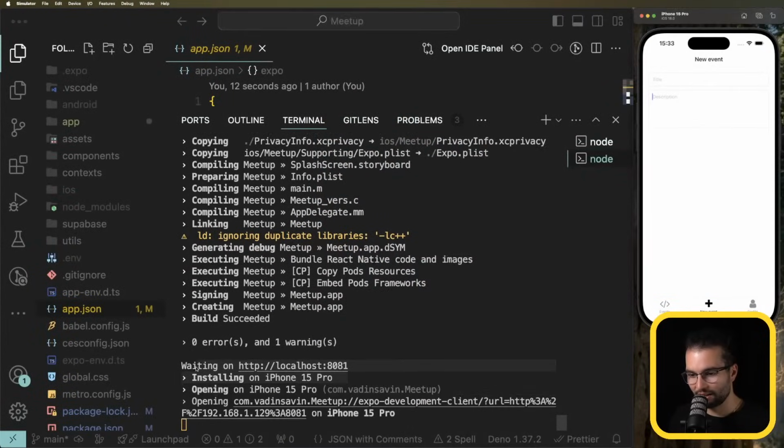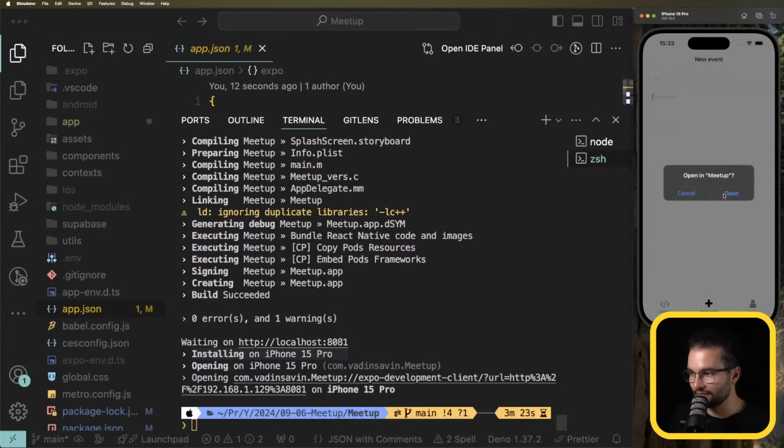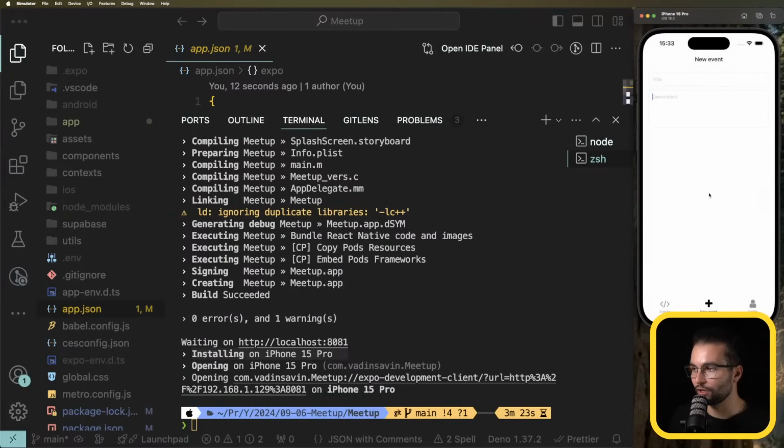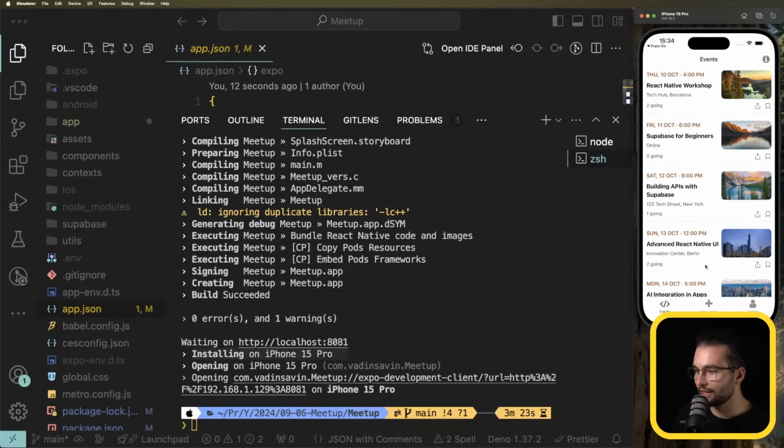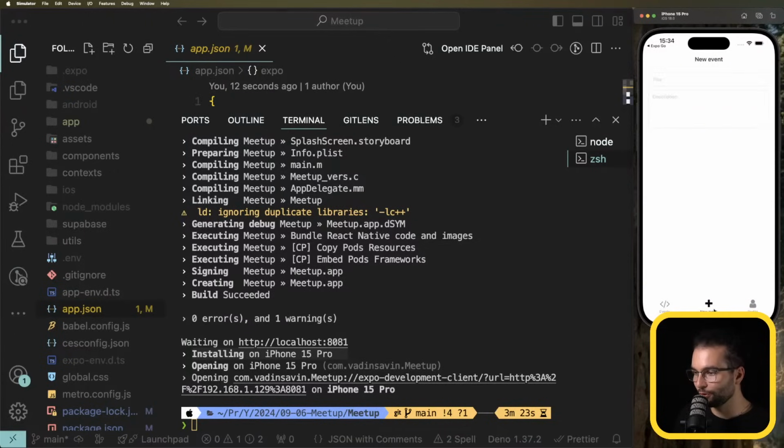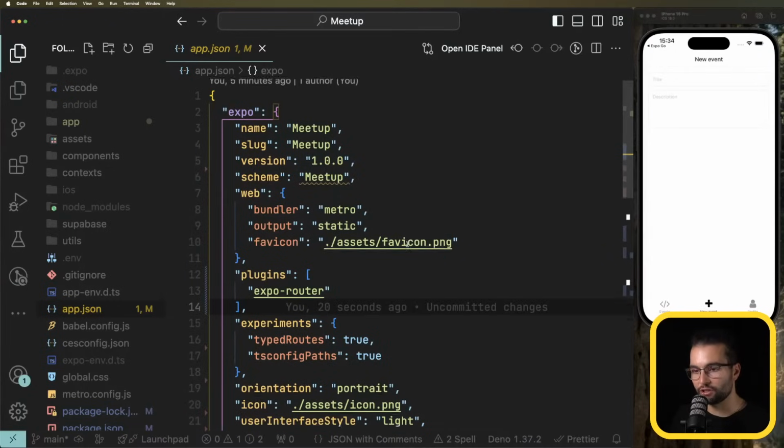And we see that our application has finished building, and we see the open in Meetup, which means that now we're gonna go from the Expo Go application to actually Meetup. Here, everything is working as it was working before. I can do like this. I don't know what's happening there behind the scenes. Okay, here it is. Everything is working as it was working before, but now because we have installed that library